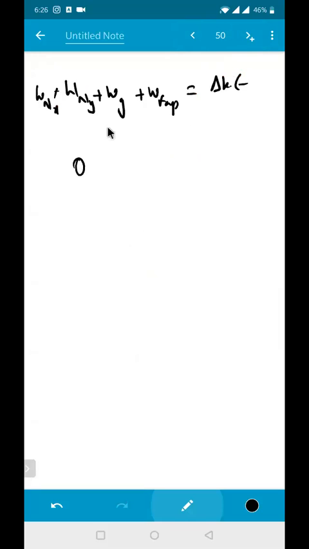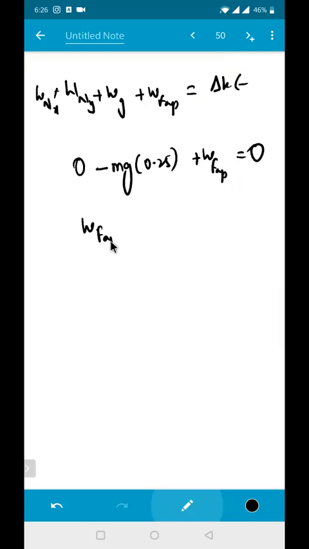So this is 0. Work done by gravity, going against gravity, is minus mg into the height to which it has been raised, 0.25, plus the work done by the applied force, must be equal to the change in kinetic energy, which will be 0 since it is slowly brought. So the work done by the applied force will be equal to 5 into g, where the g value is 9.8, into 0.25. So that's it. That will give the answer for the given situation. I hope you can do such types of equations comfortably. So these are some of the areas where you need to do the problems.